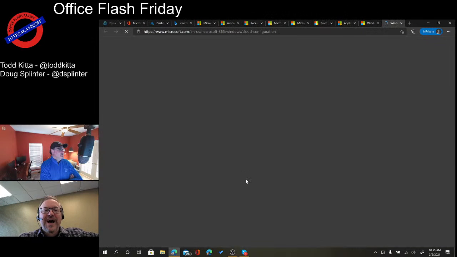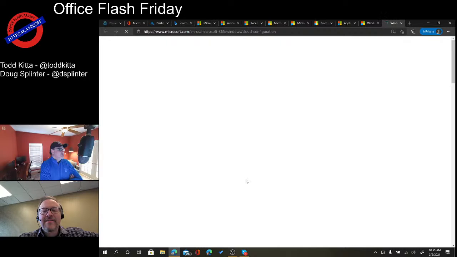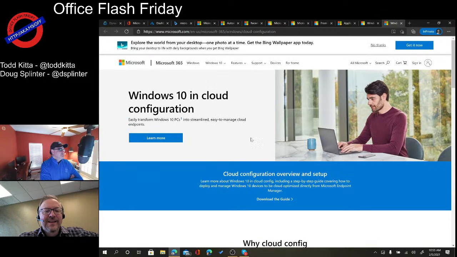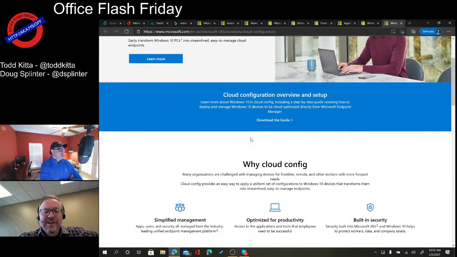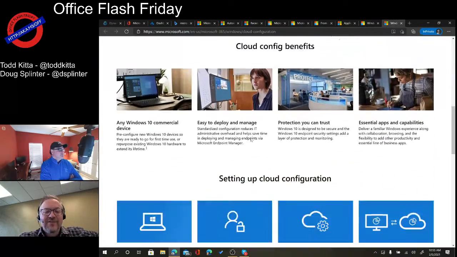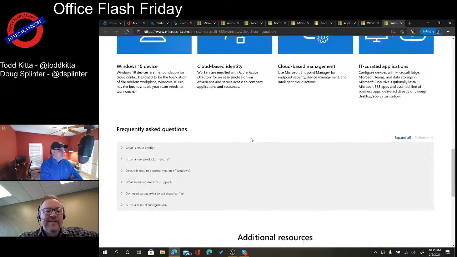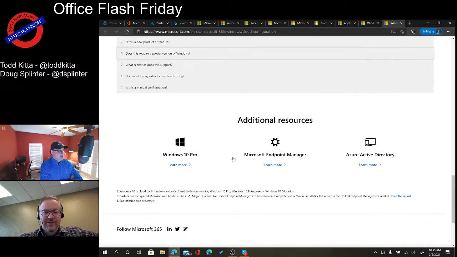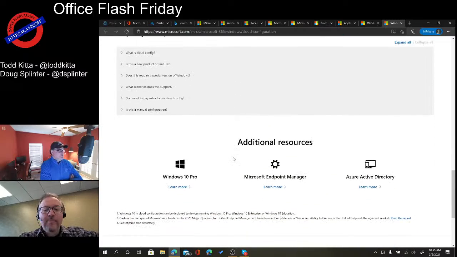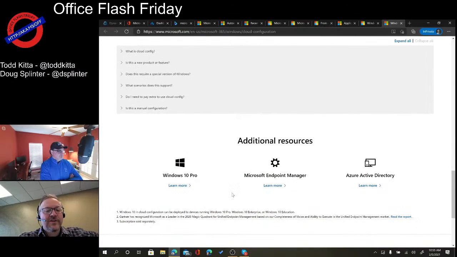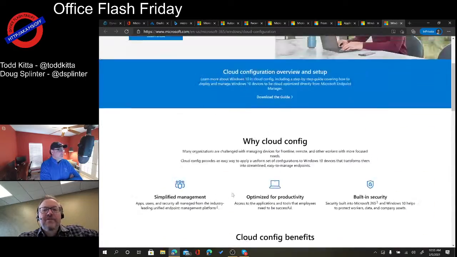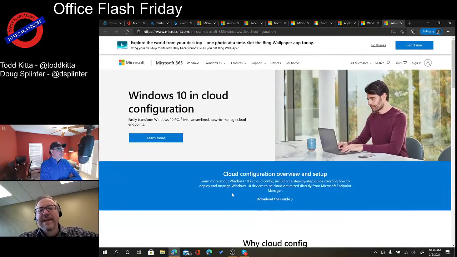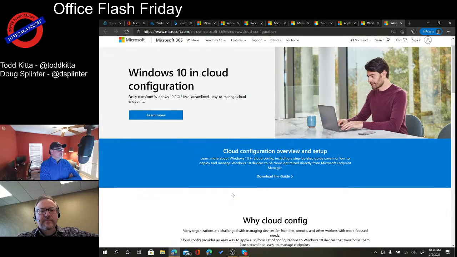So if you want to adopt a Windows cloud configuration pattern, they have this nice, beautiful guide: why cloud config, all the cloud configuration benefits, how to set it up, what is it, how would you do it, what powers it, which is essentially Endpoint Manager, Windows 10 Pro, and Azure Active Directory. So I'm not going to unpack the entire thing, but you can basically turn Windows into cloud-managed streamed endpoints.